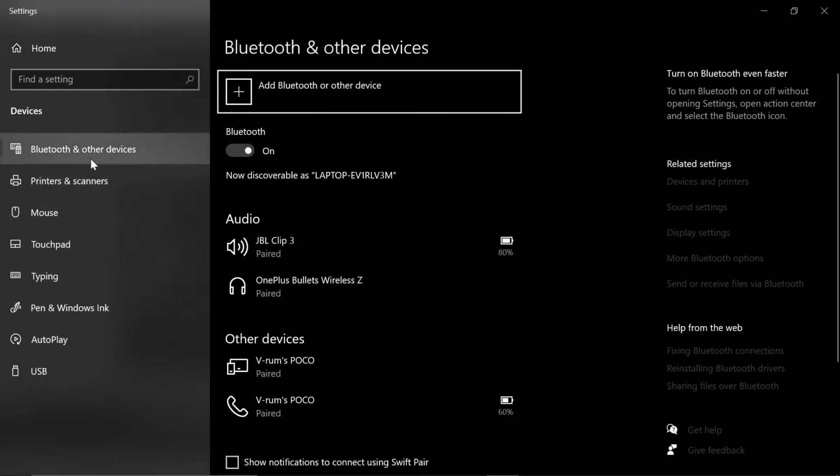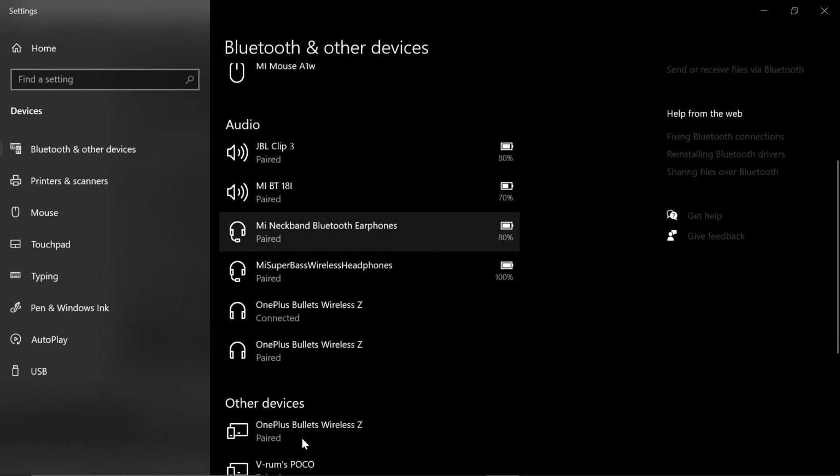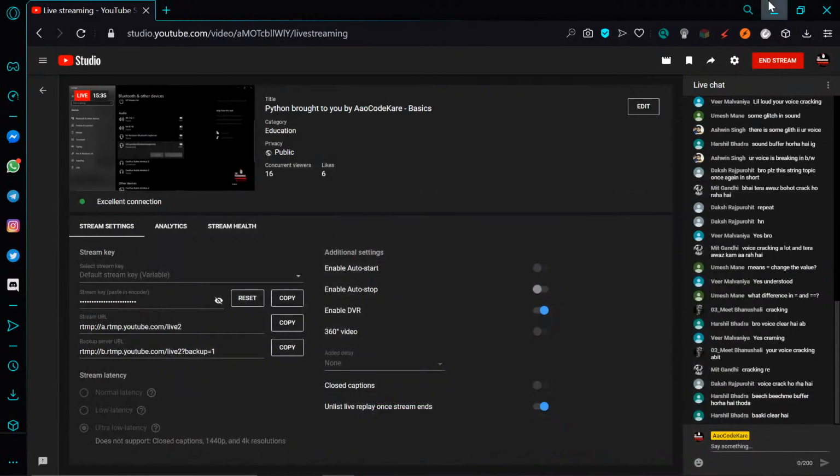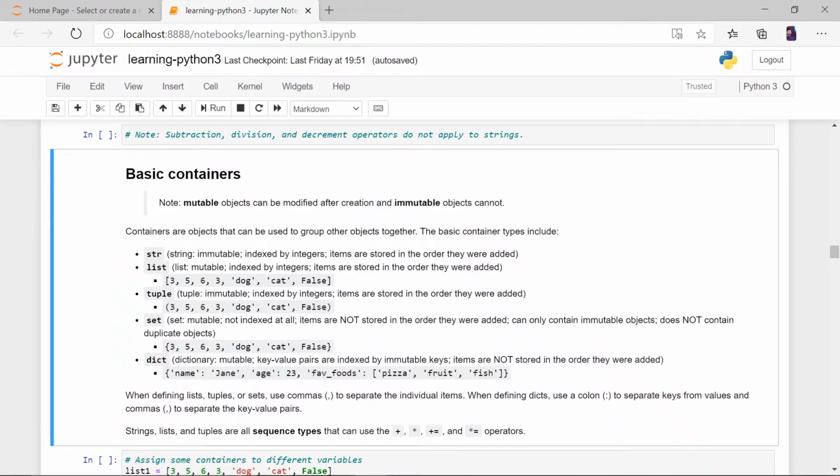Let's connect it to the other device. Let's see. I think the issue should be solved now because this one is a good sound product.